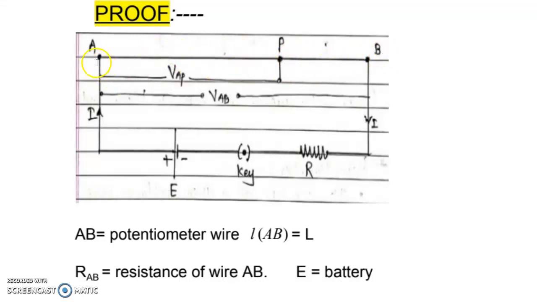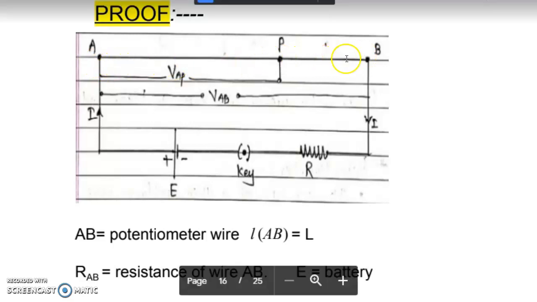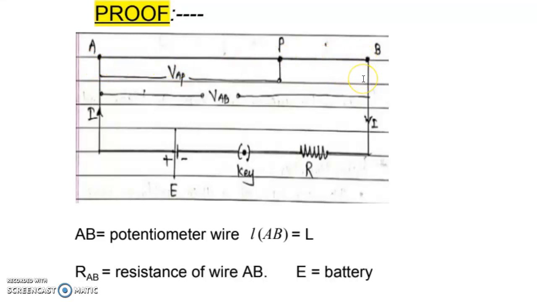Such that VAB, that is 4 volt divided by 400 centimeter, that is 4 divided by 400, is 1 upon 100, which is 0.01 volt per centimeter. This is called the potential gradient, or potential difference per unit length. What we actually understand here is that for every 1 centimeter length, as you move along this potentiometer wire from